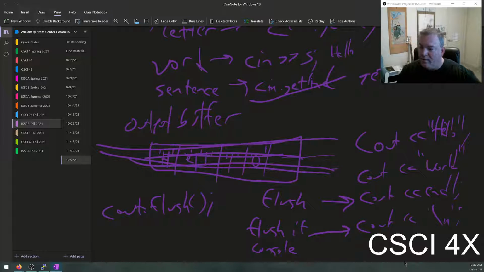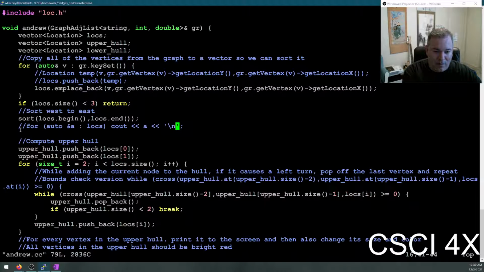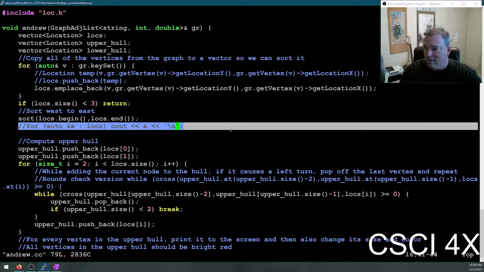Okay. And so if you really want to make sure that your stuff doesn't vanish when you're writing to a file, you want to either do a flush like that, or you want to do an endl like that. But if you care about performance, you don't. Because flushing has to sync the buffer to disk, and that's not cheap. And especially if you're doing something like this here, where you're just saying for every element in the vector output it to the screen,